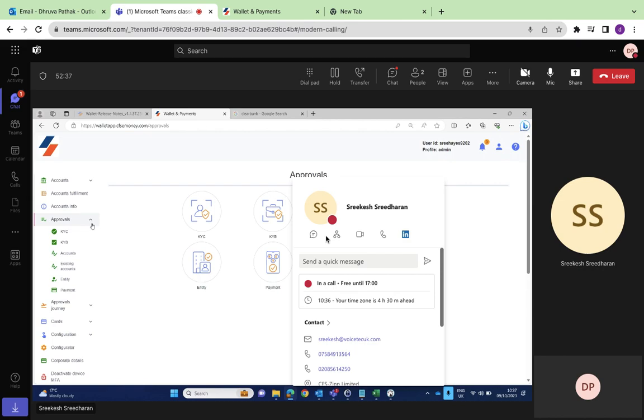Now, I'll come to this screen. We have a menu called approvals. Under this, we have certain items that come for approval. One is KYC, KYB, accounts IBAN that I showed earlier, and existing accounts. If you want to modify any existing bank account details, that also goes for approval. Then this is entity, which I'll show you later, and this is transaction. For the KYC document that you uploaded, I'm a different user, and as per the approval rule,